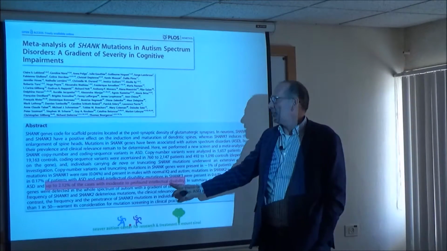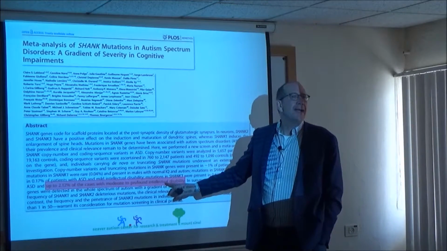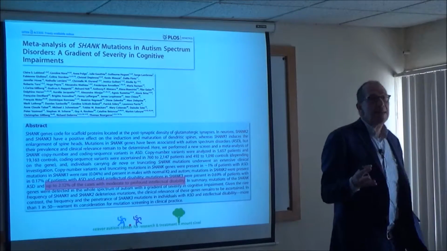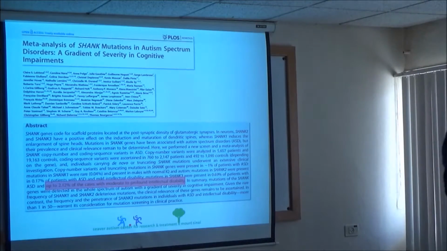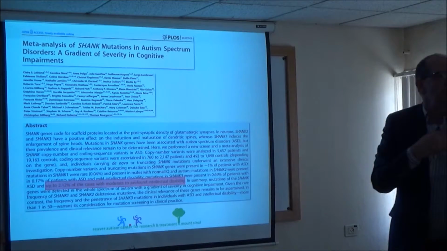And this is the really surprising thing for many people, that actually SHANK3, or PMS, which you may never have heard of until this minute, is more common than Rett syndrome, significantly more common than Rett syndrome. It's probably approaching Fragile X in its frequency, okay? But it's just unheard of, right? Fragile X we knew about decades ago, so we've all learned about it. Rett syndrome we also knew about quite some time ago. We have all heard about it.